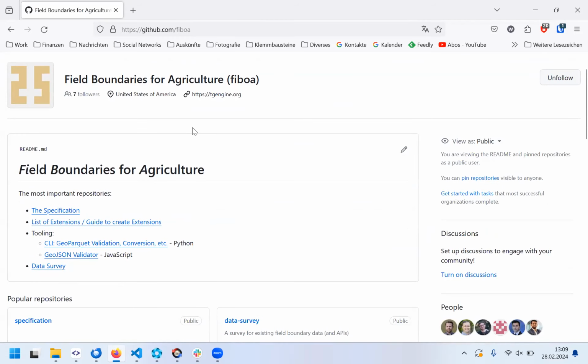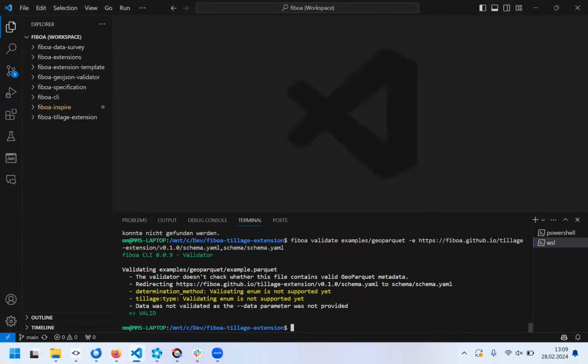There are tools around that simplify working with it and creating extensions. I think Chris will guide you later into how the extension ecosystem works, how the template works. For the specification itself and all the extensions, there are validators, so if there are examples in the repository, you can validate them. There are two tools, for example,